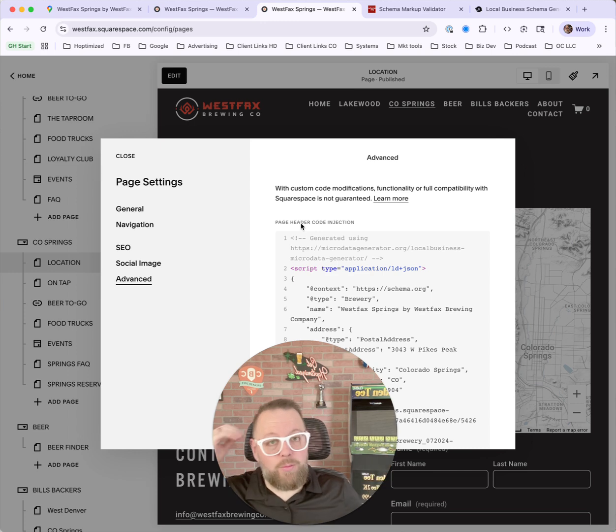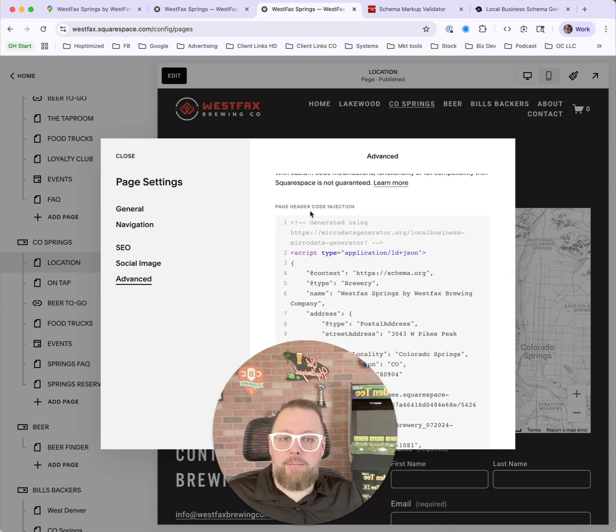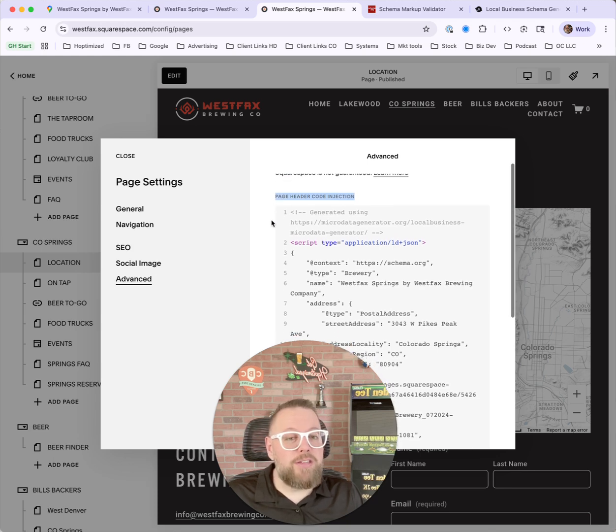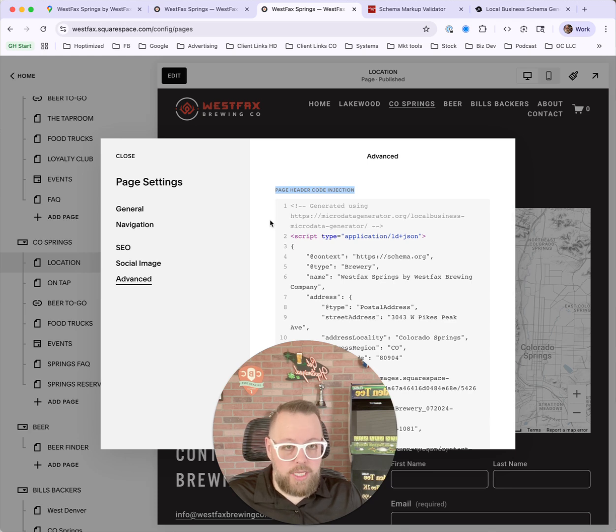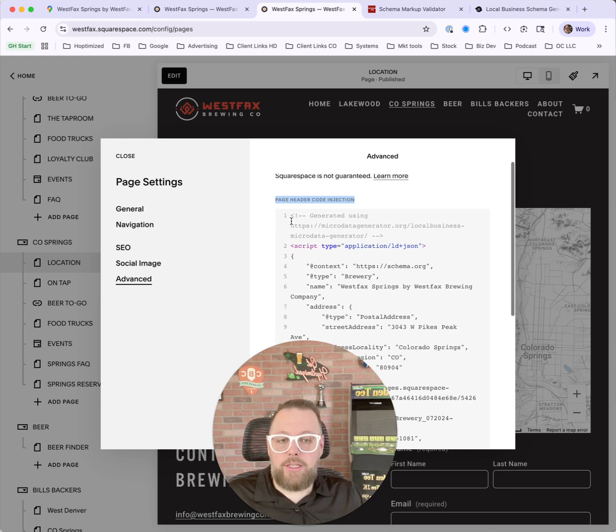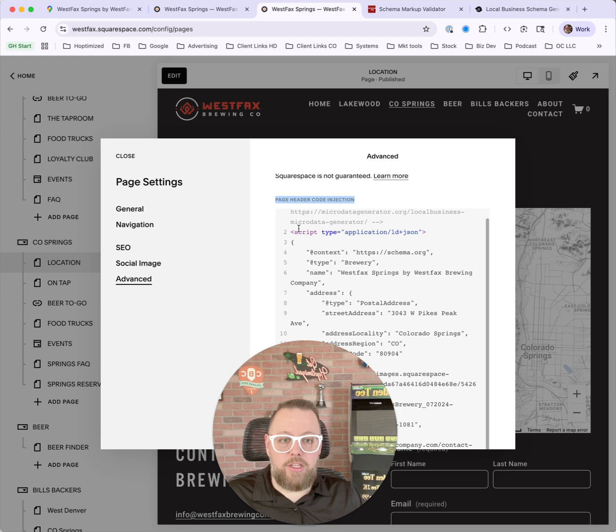This is going to vary from website builder to website builder. Wix is a little different. WordPress is different. Shopify is different. But you're looking for that page header code injection. And you want to get this on the specific page that you're using, right? So you don't necessarily need this across the entire website. You definitely want it on your location page. You pop that